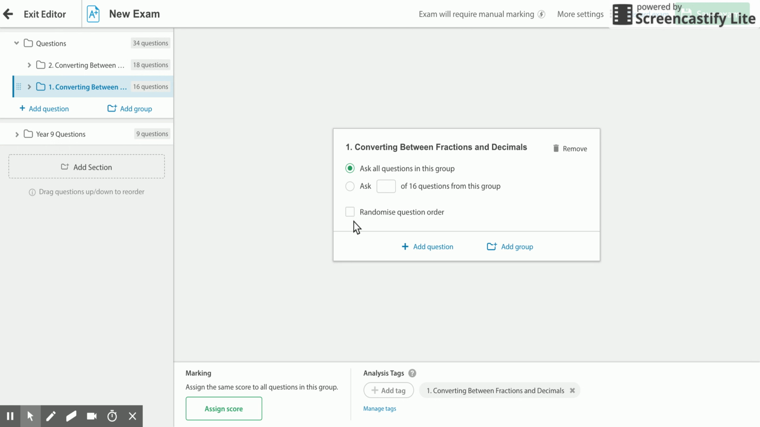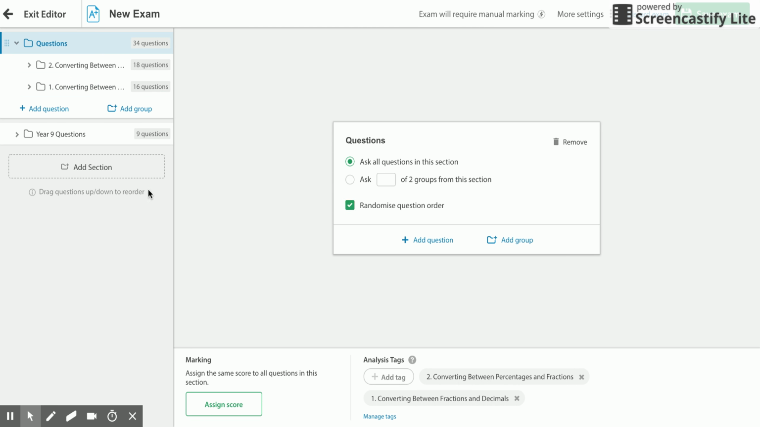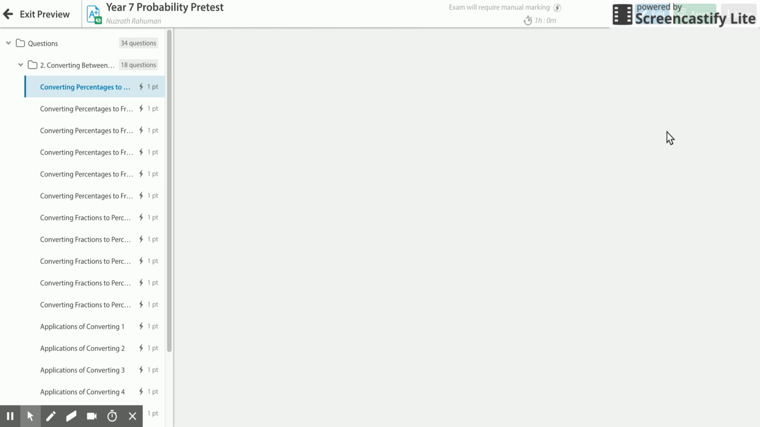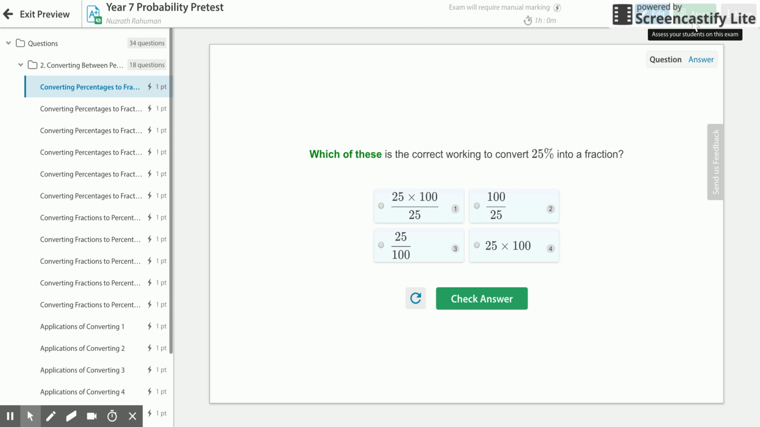So I may choose to randomize the question order. So as the students complete the task, they'll get different questions. So I'm going to click on that button. And again, I want to make all the questions randomized. And now this is going to be my year 7 probability pretest. And now all I need to do is save that exam, and then I can assess my students on that,